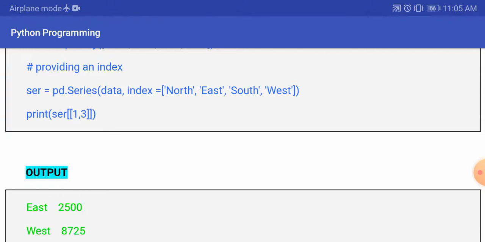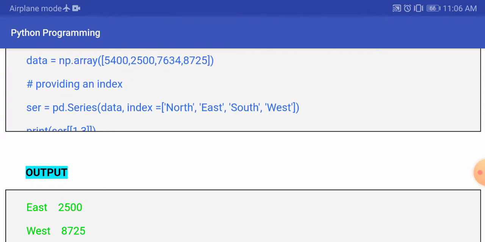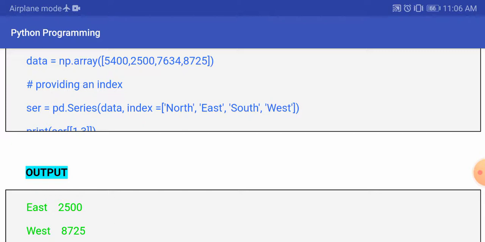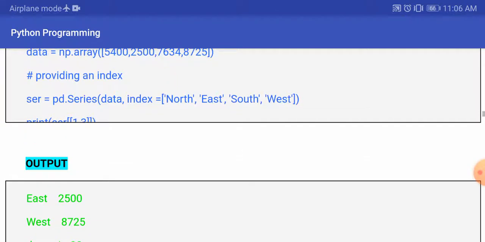So it takes index 1 and index 2, not index 3. At index 1 we have east with value 2500, and at index 2 we have south with value 7634. So the output should come like that, east and south.